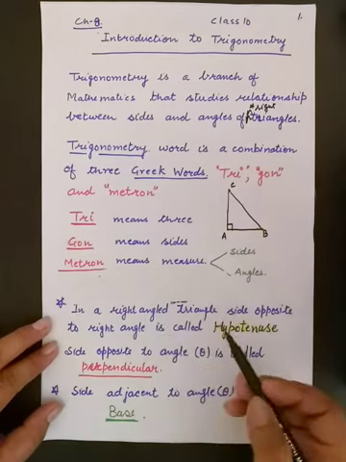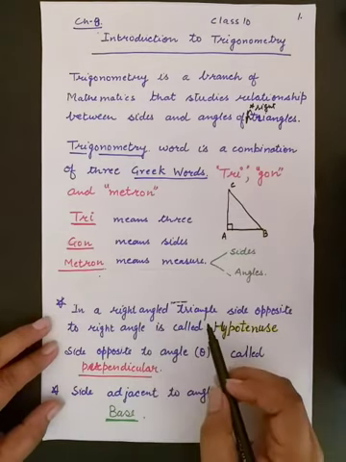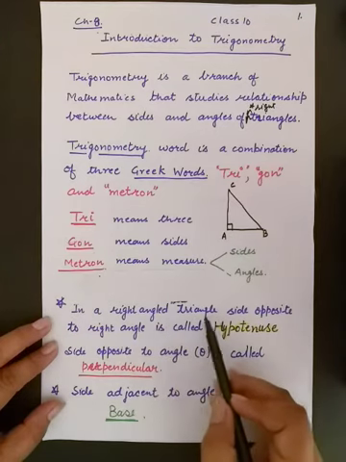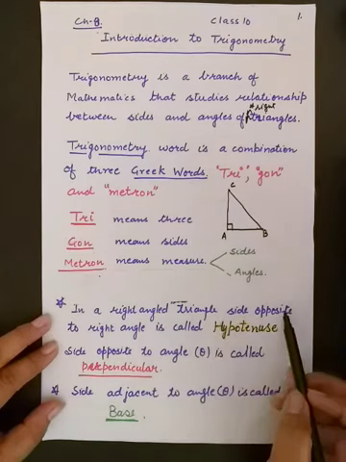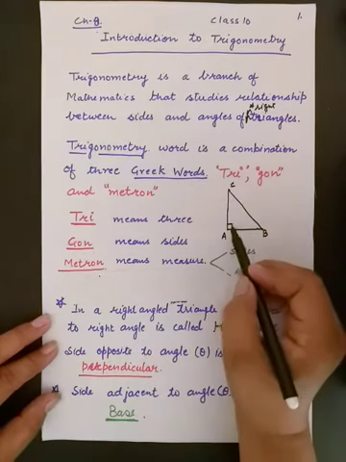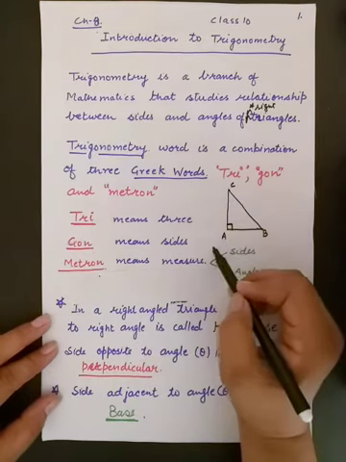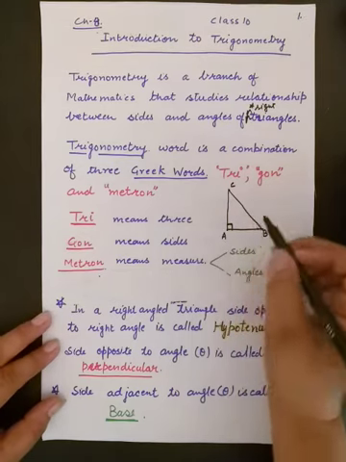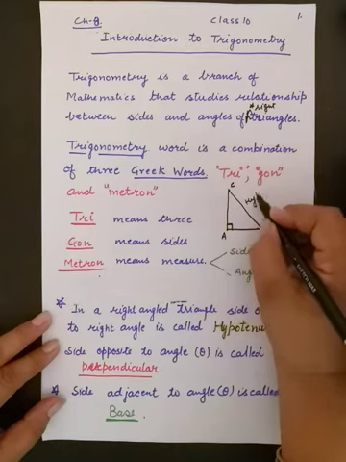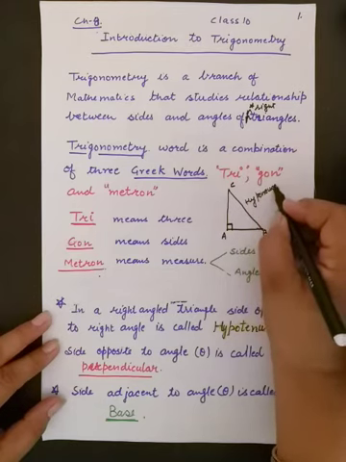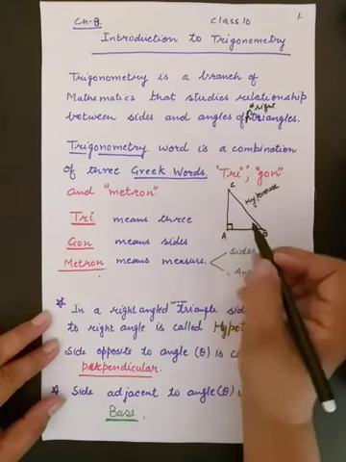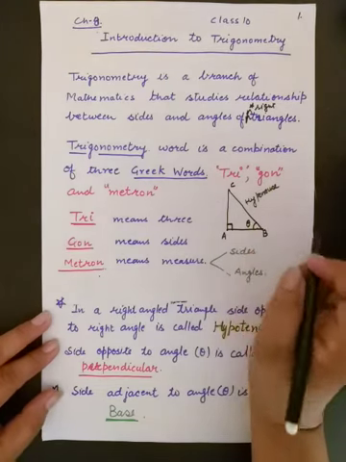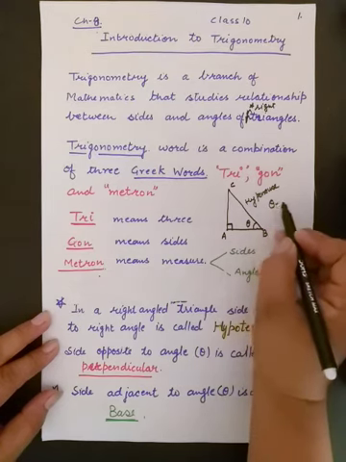Let us learn some basic things about a right angle triangle. You already know that in a right angle triangle, there is the side opposite to the right angle. Suppose in this figure angle A is 90 degrees, and the side opposite to angle A is side BC. This side is called the hypotenuse. And I am giving the name theta to this one angle. That is also a Greek letter, it is theta.